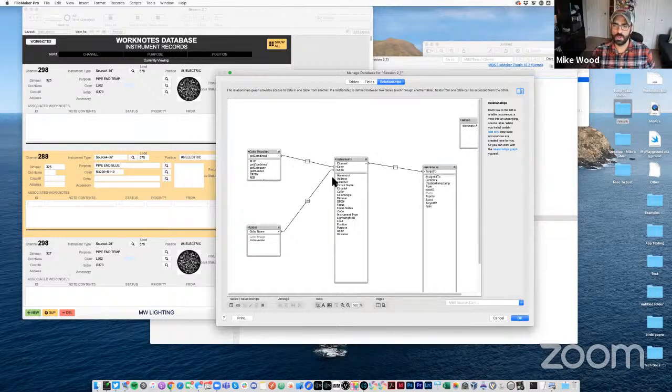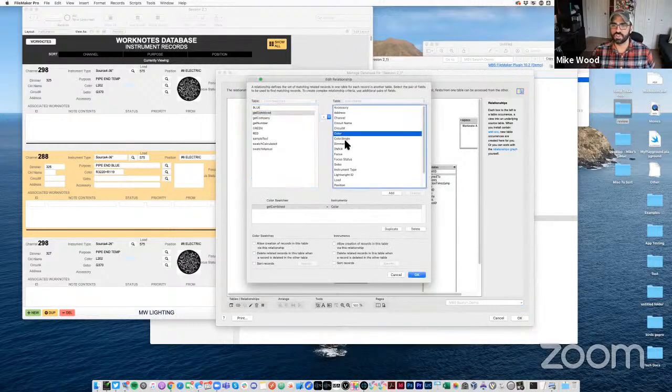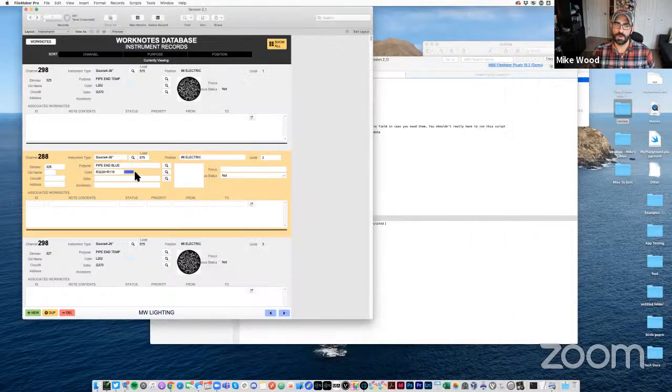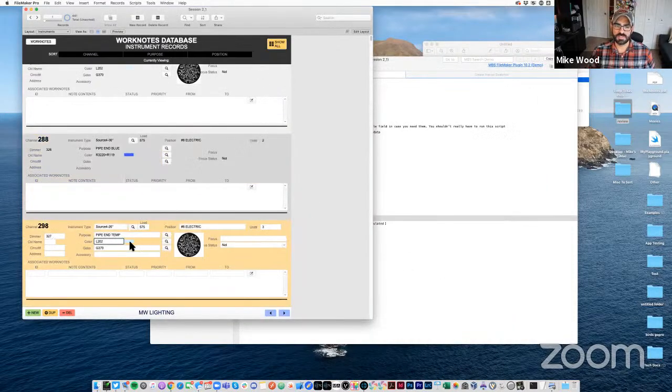Instead, I'm linking gel combined to color single, or whatever you want to call it. So two ways I can do that. I can click on this and delete it, or if I double click, I can just come in here and change that relationship. So now it's saying gel combined equals color single. When I click OK, boom, now I have my swatch there,